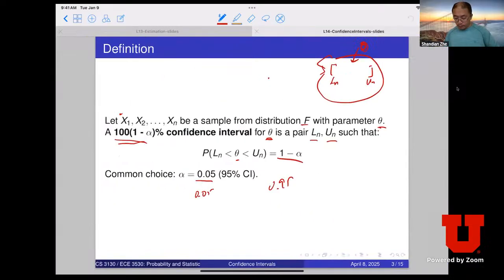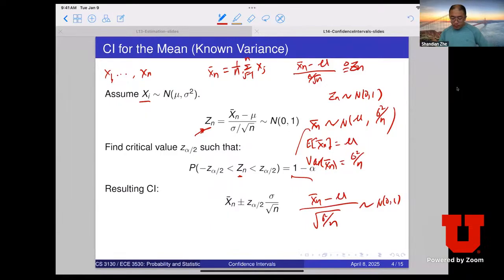Right? So if we look here, Zn is the standard Gaussian distribution. So this is Zn, right? If we want to find a region or interval such that the probability Zn falls in this region is 1 minus alpha, we can choose a